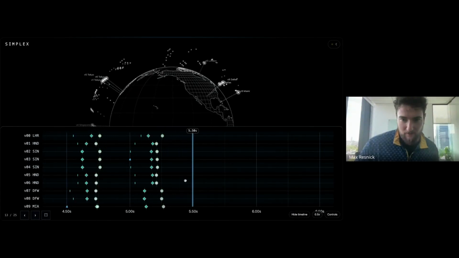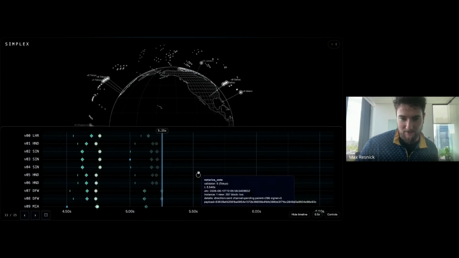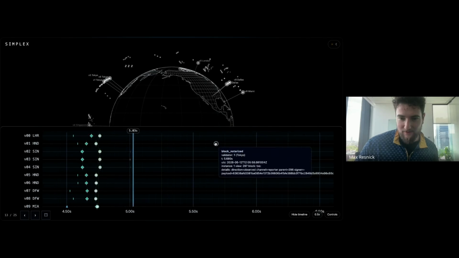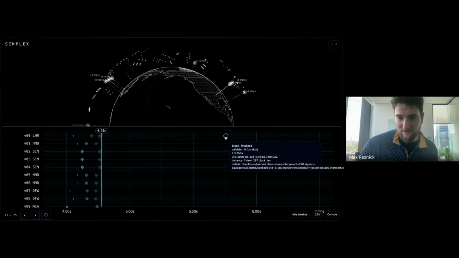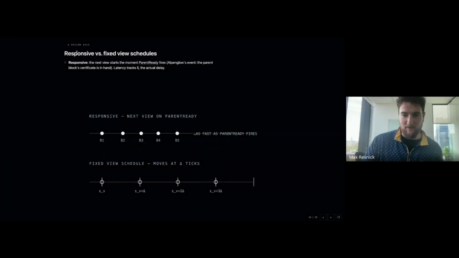So the idea is, we proposed, we cast our notarized votes, then everybody saw their notarized certificate. Once they saw their notarized certificate, they cast their finalized votes, and then we finalized the block. So this is answering the question that was asked earlier, which is, do we have a hard deadline?